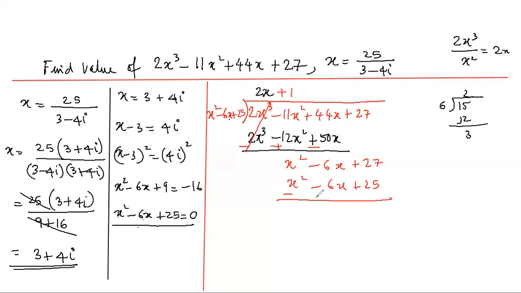So the remainder is 2. So what can I write? Just to recap, what did I do here? 15 can be written as 2 into 6, multiple plus remainder. In the same way, 2x cube minus 11x square plus 44x plus 27 can be written as,